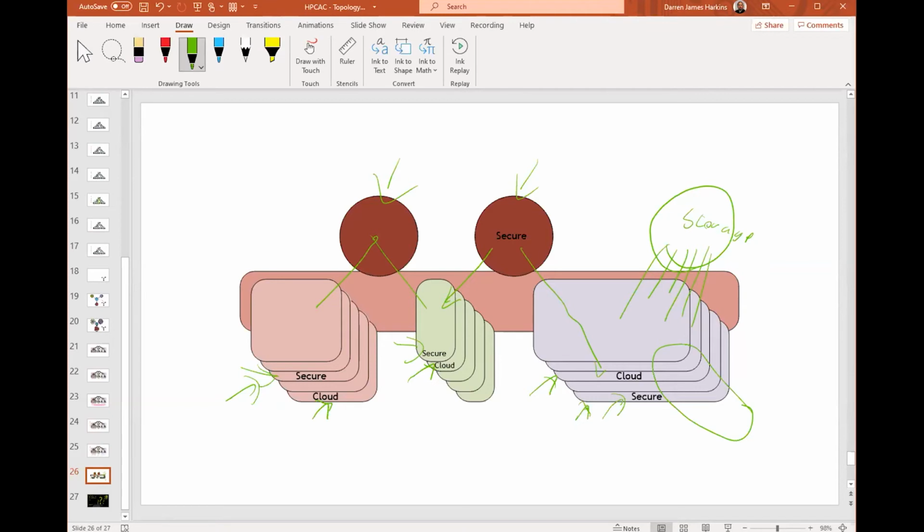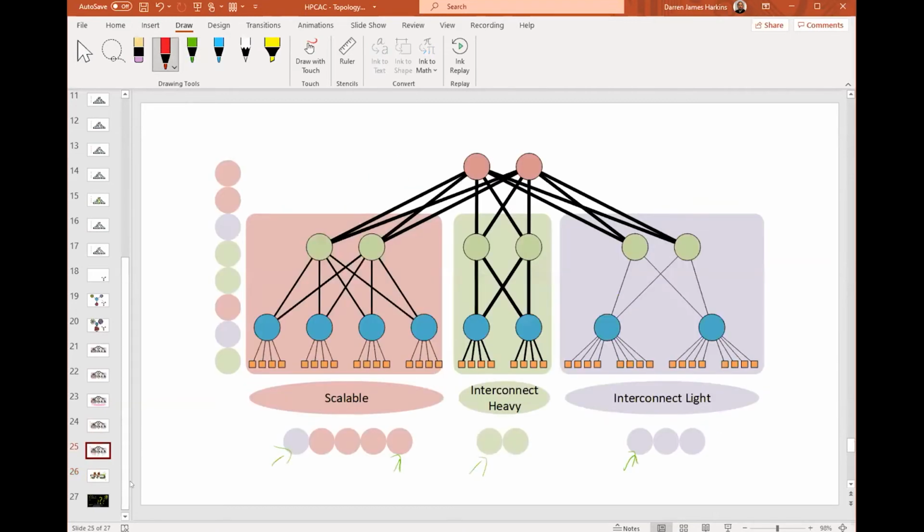And I hope that actually links into Sean's question here, which is, unless this network is software configurable, you risk underutilizing parts of the cluster dependent on the use cases running, or underutilizing resources. To a degree, yes. Just simply looking at three models we have here for highly scalable, for heavy interconnect, and for interconnect light. Okay, there could be more models, ways of doing this. There could be fewer. Three is a good number for modeling this today. And what I hope I showed on slide 25 is, yes, you can drop a lot into scalable and